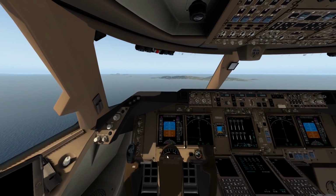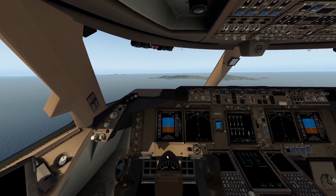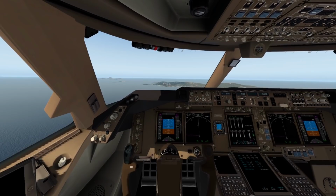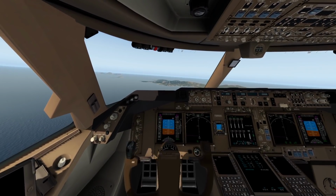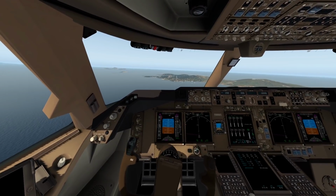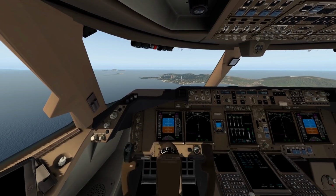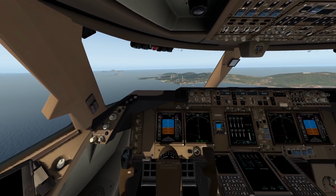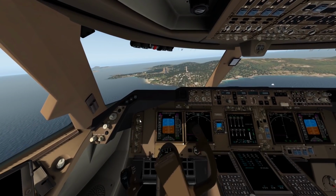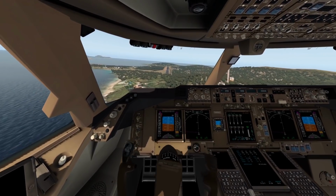The only problem that this plane has is the engine sounds are not working properly, so this is pretty blank now. This is probably fixed in Microsoft Flight Simulator 2020, isn't it? Okay, now let's see if we can get this plane landed down here. To be honest, chances are not looking too bad if you think about it. These four engines, they do help us stop, you know, the reverse thrust and the brakes and all that stuff. I mean, this plane, it has a lot of landing gear, a lot of surface that can make it stop, which it does, actually. So let's go ahead and get this plane